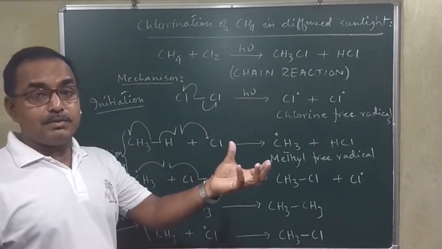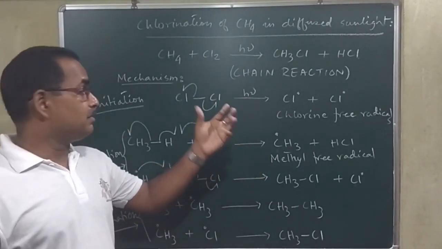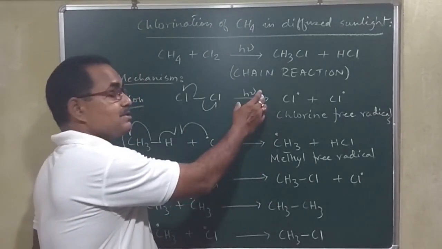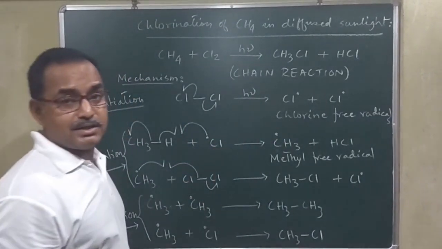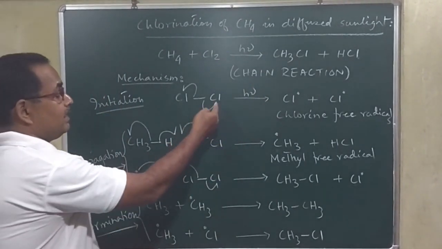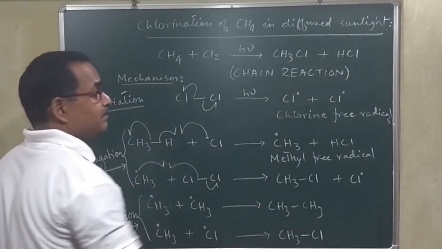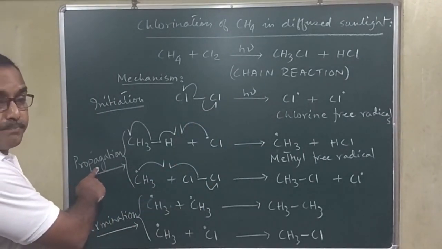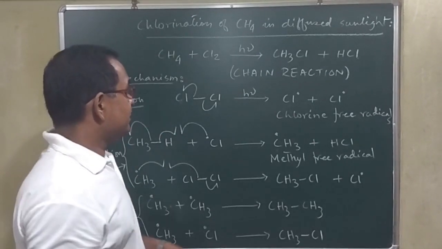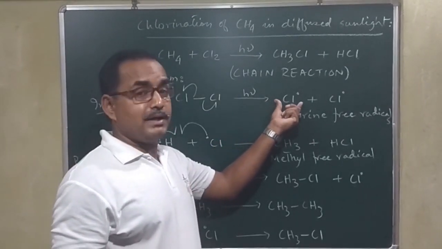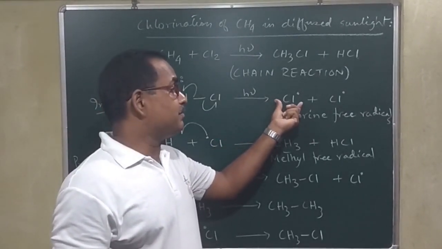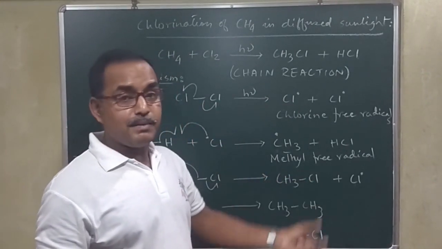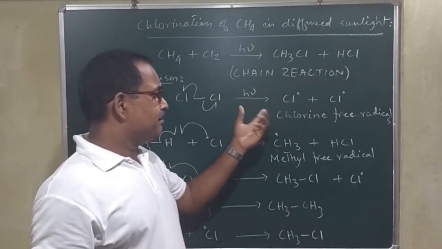Simply you have to take a mixture of chlorine and methane, and you have to irradiate it. Direct sunlight is not necessary. Simply diffuse sunlight is enough. That initiation results in formation of chlorine free radicals. Then chlorine free radical will enter into the propagation step. So what is seen here? Only one free radical produced in the step 1, initiation, may result in producing a huge amount of product,